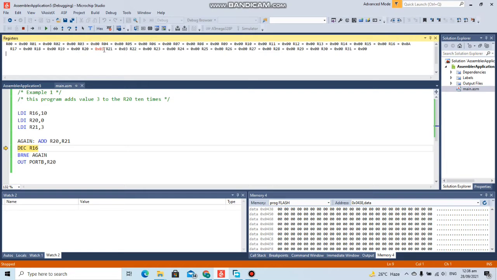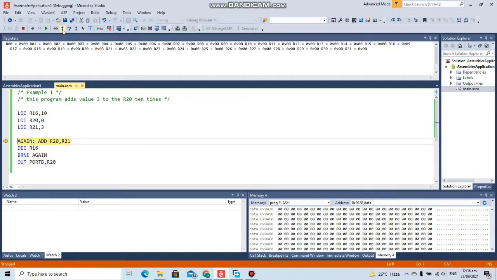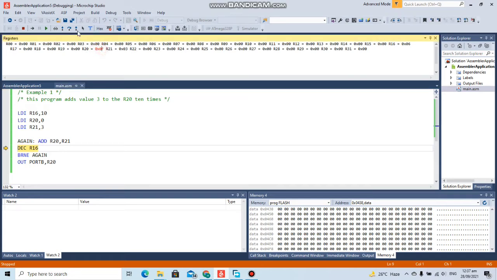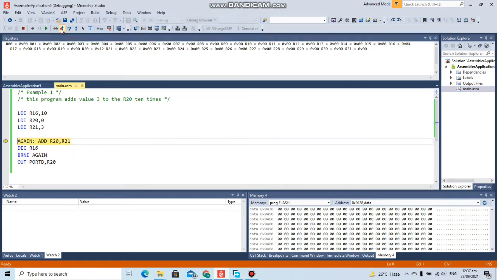Now as we move further, we will notice that R20 now has the value 3, which means the loop has occurred one time and an addition has taken place, and the value stored, which was previously 0 in R20, has now become 3. Going one step further, we will see that the value of R20 is incrementing. Now it is incremented to 6, and then 9, and 12, and now 15. Similarly we will continue incrementing, and we can see here 15, which is 18 in hex, 1e,